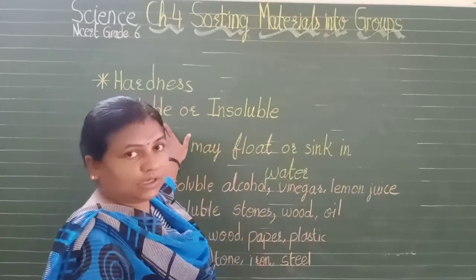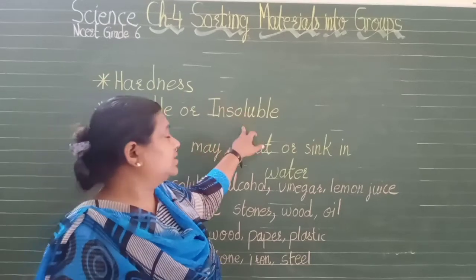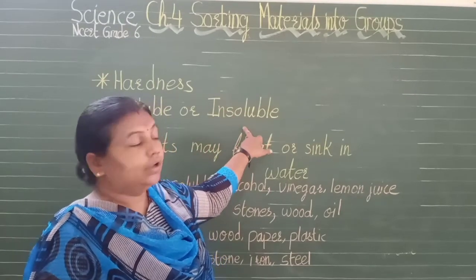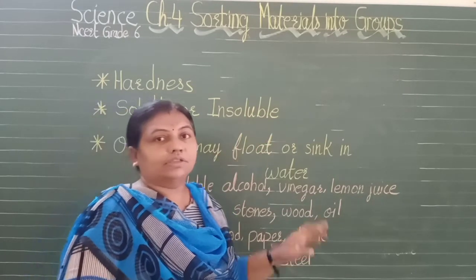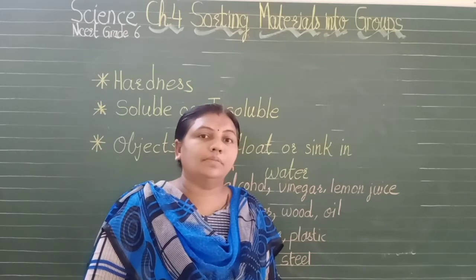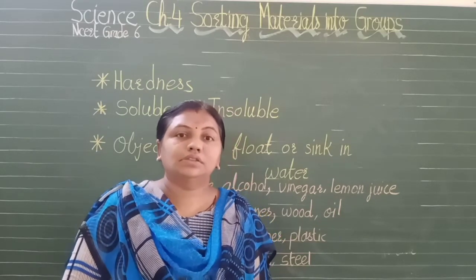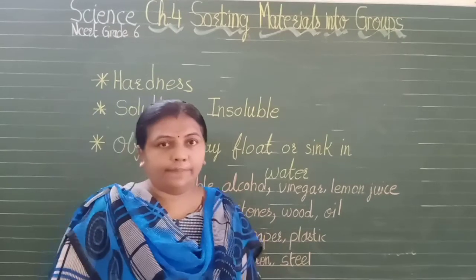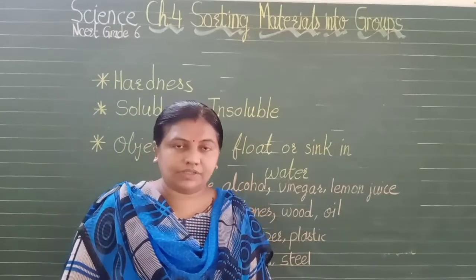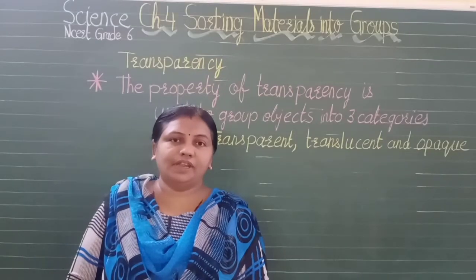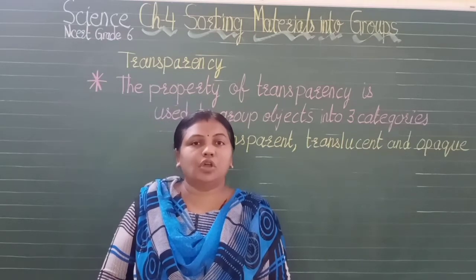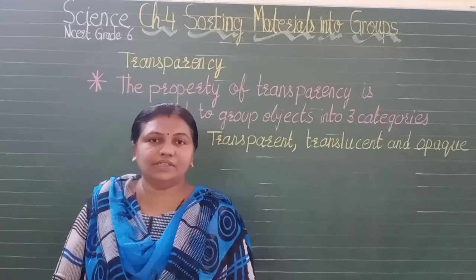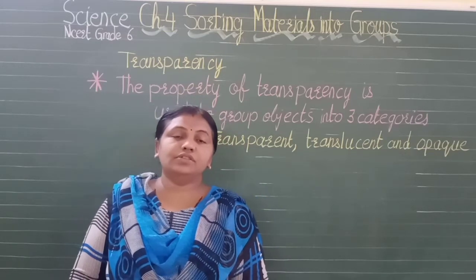So you can also classify the objects according to solubility, whether they are soluble or insoluble. Soluble means it mixes very well, and which doesn't mix means insoluble. An insoluble substance will never dissolve in water. If you take pieces of apple or mustard seeds, they will never dissolve. Okay, now let us see our next property. Before we learn it, you can also prepare a list of things which are soluble and insoluble.